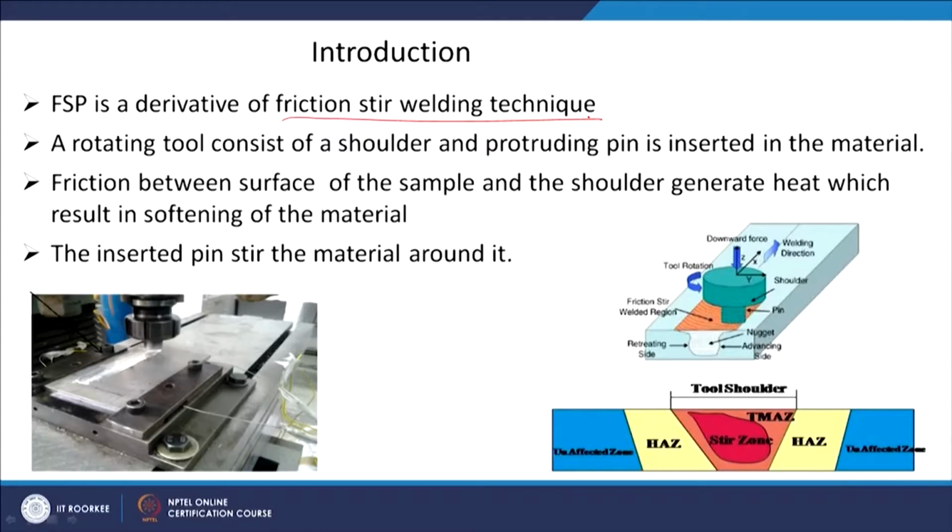Actually this whole process started with the friction stir welding technique, where you actually take two plates and you can join them by doing this. So, there is a material movement from one side to another side. This material movement from one side to another side will ultimately join two plates, for example. So, this was actually proposed as a welding technique initially, and there is a lot of work on friction stir welding also.